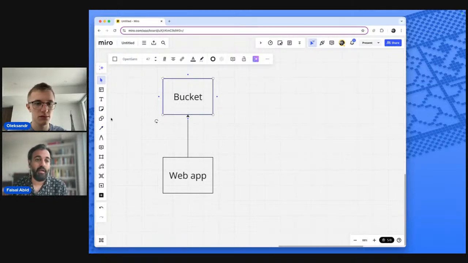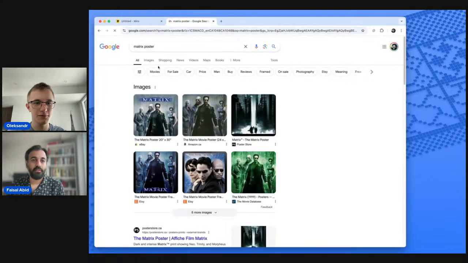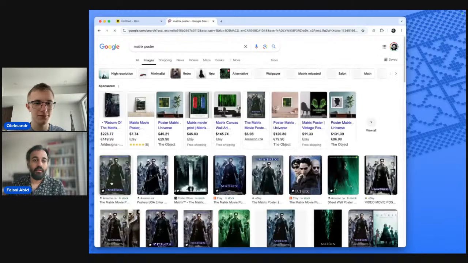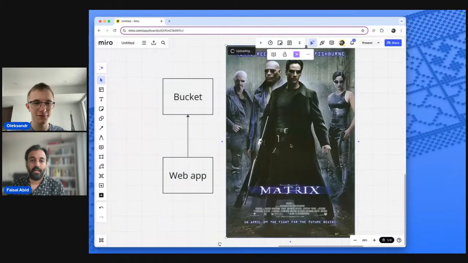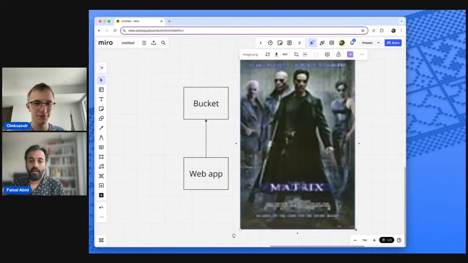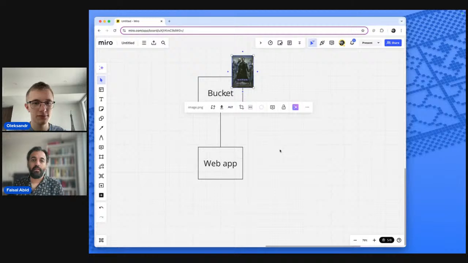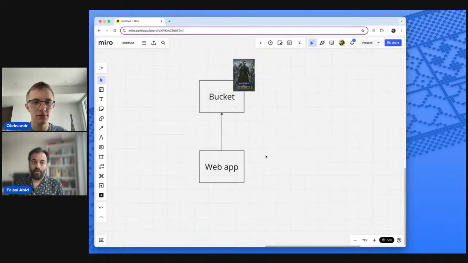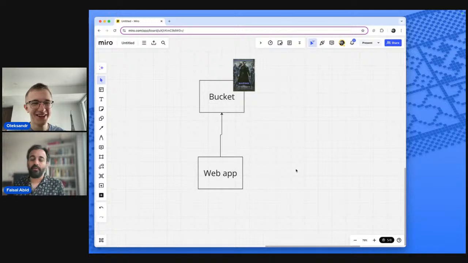I can take my little MP4 file. So let's just grab a poster for the Matrix. And let's just use this poster. Right. So you might say, great, I can take my Matrix movie. Here's my movie file. And I can just store it in a bucket. And that's it. Congrats. I've built out my interface. And there's a library I can download.